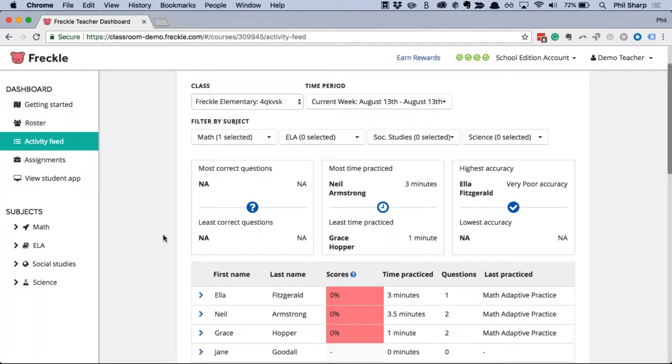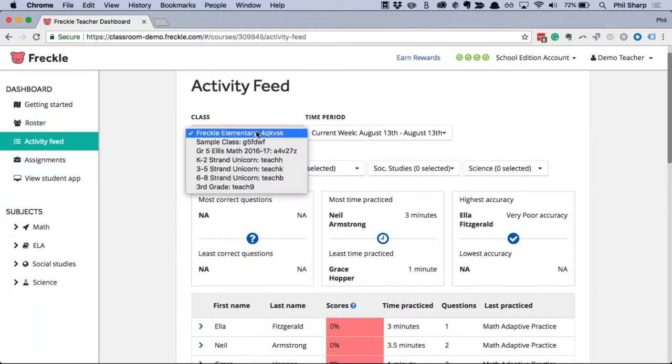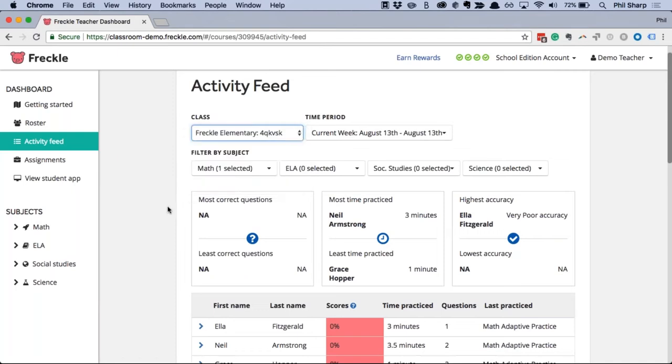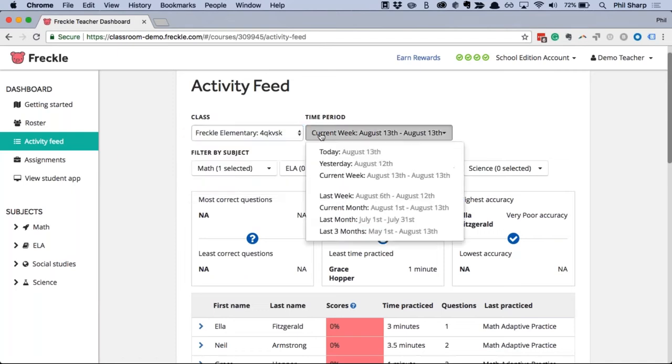But enough talking. Let me just show you what this looks like. It's really powerful. Here you can filter by your class, so if you have multiple classes in Freckle, you can look at one class at a time. You can filter by time period. Again, the most common is if you just want to look at today. Say that you assign some work to your class, or you have your students practicing on Freckle right now, and you want to know what they're doing and how they're doing, then you'd toggle to today. Just so we can see more data, I'm going to set this to maybe the last 3 months